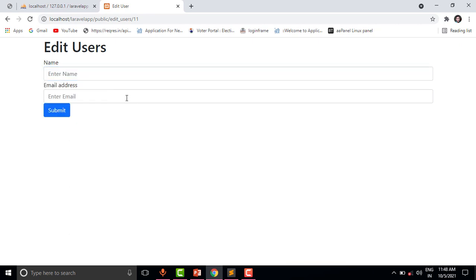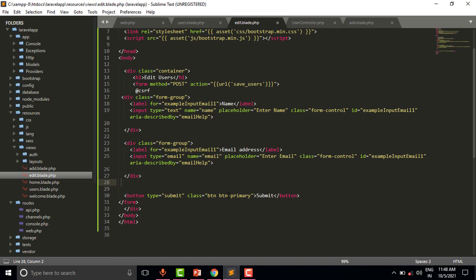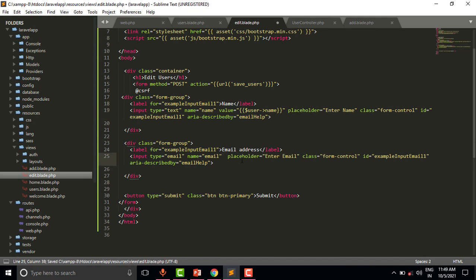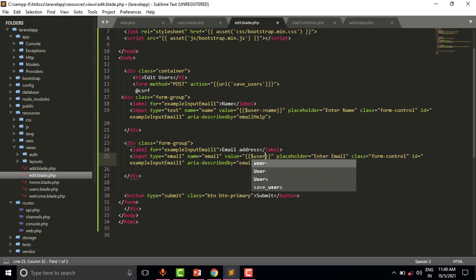Now you can see we have only two fields, name and email. Value, user name, value, user email.